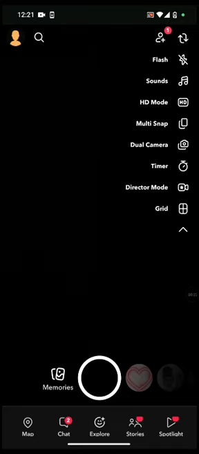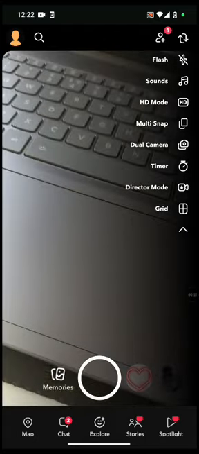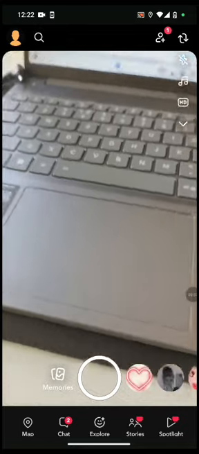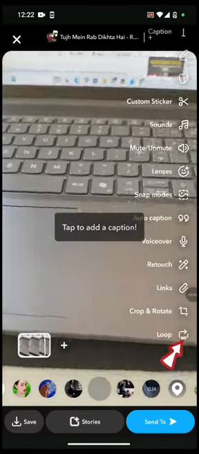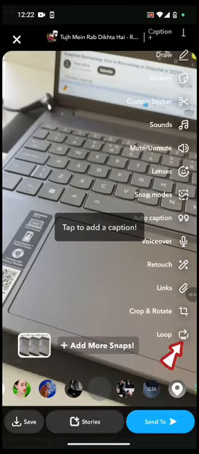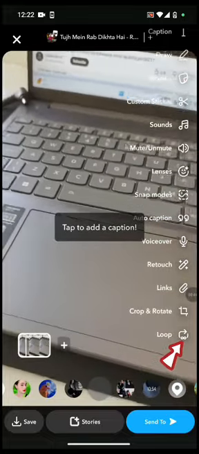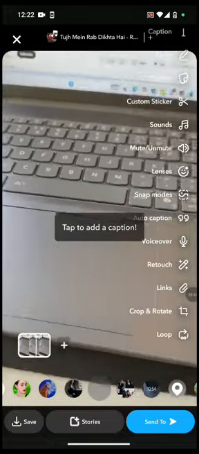Now to boomerang on Snapchat, sign into your account if necessary. From the chat screen, you can see that there is no boomerang effect whatsoever on Snapchat. Now in order to bring out that boomerang effect, what you need to do is take a video of about 1 second. After you do that, go to the menu on the right hand side of the screen and click